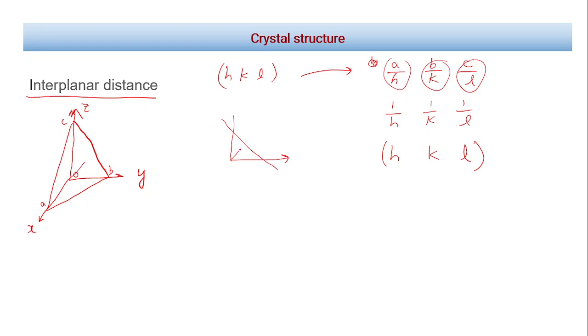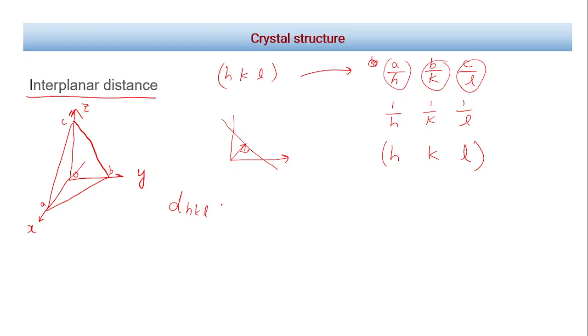Now I'm drawing a perpendicular to this plane to find out the distance from the origin to this plane. And the formula becomes, let's call this distance, the normal distance, d, and we are putting this subscript HKL to represent that we are talking about the interplanar distance